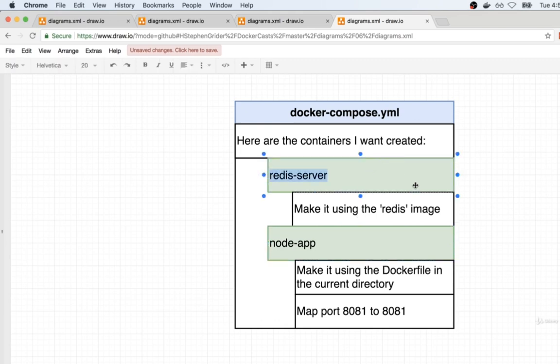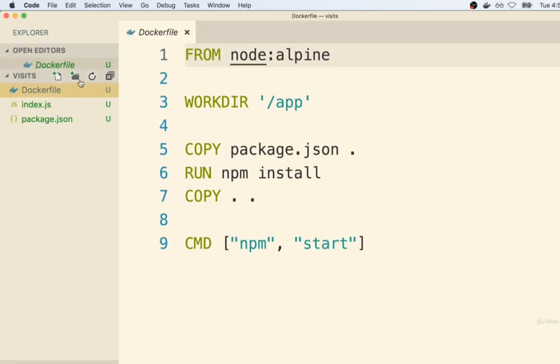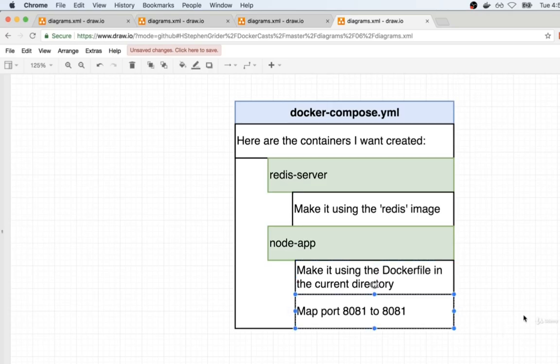One container is going to be called redis-server, and we want you to create that container by using the Redis image, which can be pulled down from Docker Hub. We want you to also create a second container called node-app, and we want that container to be created using the Dockerfile in the current directory. Remember, that's the Dockerfile that you and I just put together 2 seconds ago, this one right here. In addition, after making that container, we want you to map some ports from the container to our local machine so that we can access everything running inside of